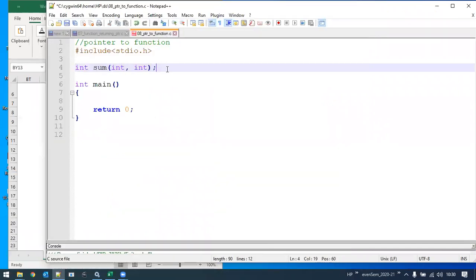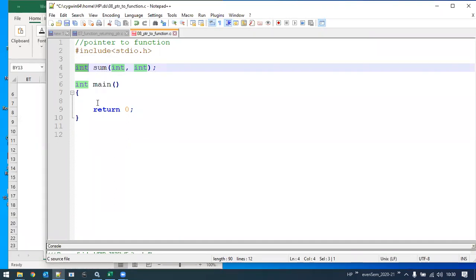Function prototype. Very good. This is a function prototype. It tells the compiler that there is going to be a user defined function by the name sum, which will take 2 arguments of the integer data type, and that will return an integer value.